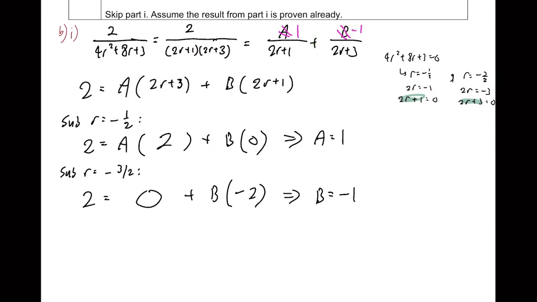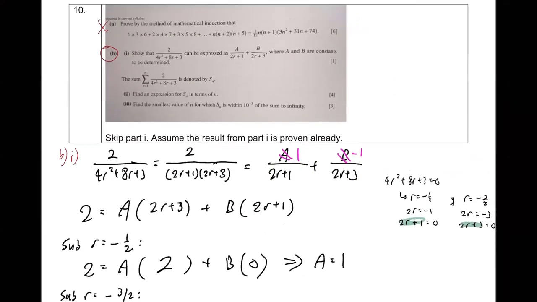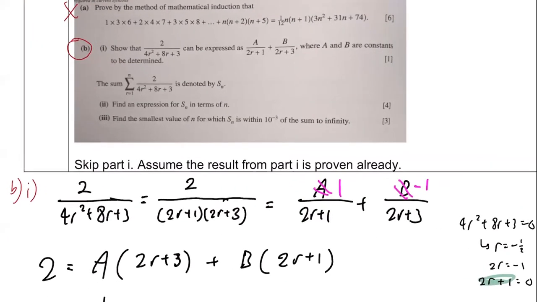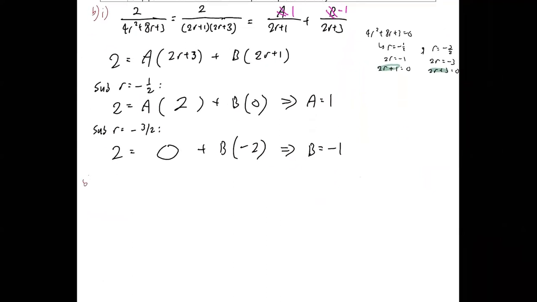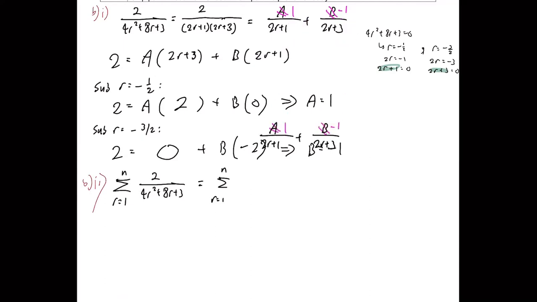What's so good about doing this? You get a positive fraction, you get a negative fraction. And then let's take a look at b part 2 now. The sum of the partial fractions that we just found is denoted by Sn. Find an expression for Sn in terms of n. Okay, good. So b part 2 will be the sum from r equals 1 to n of the fraction we were dealing with just now, but now you replace that fraction with the partial fractions. So 1 over 2r plus 1 minus